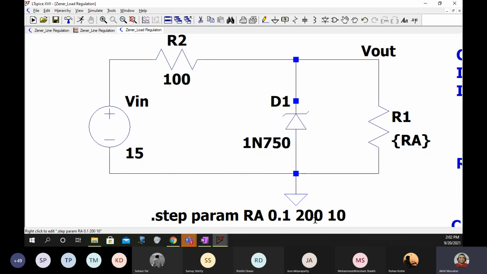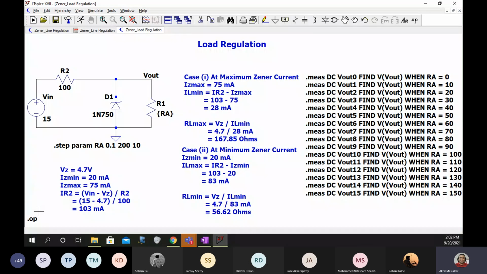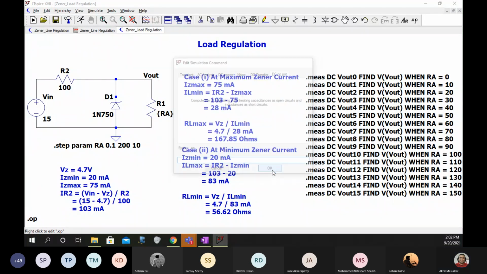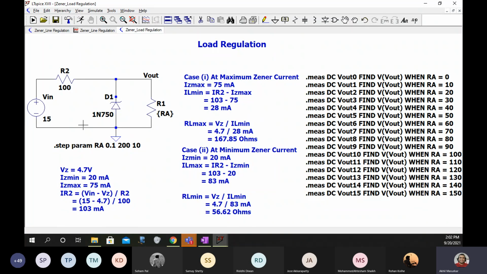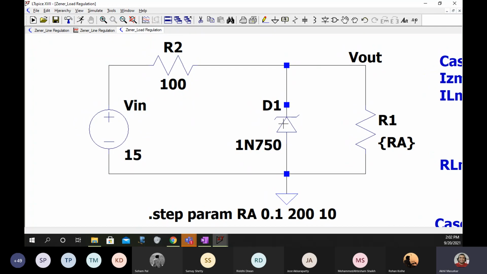So please put this circuit. Now circuit. So please note that this RA should exactly be the same as this RA. Okay? There should not be any space, or that A should not be small.